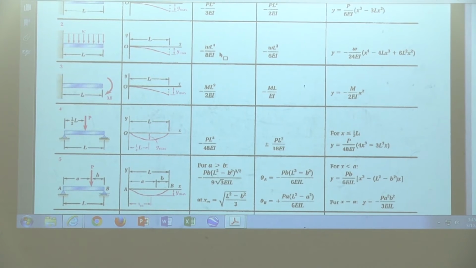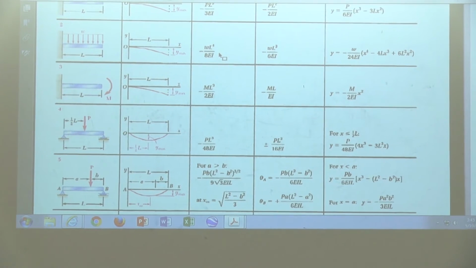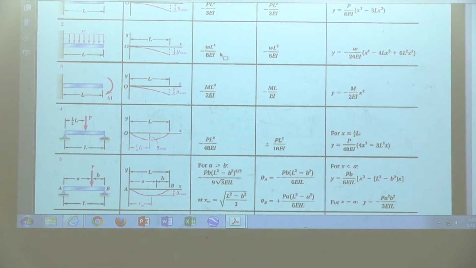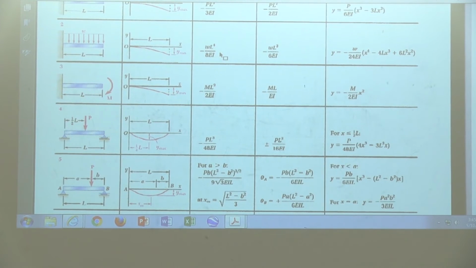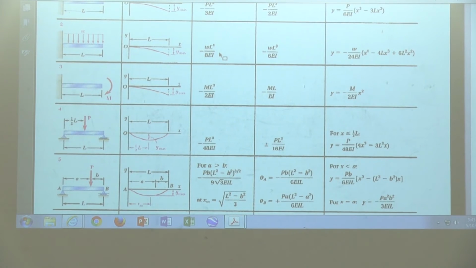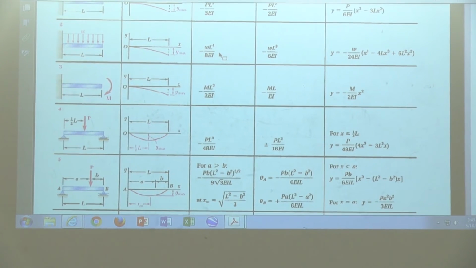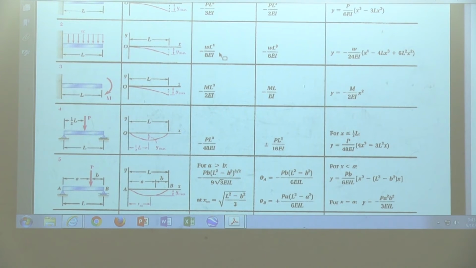Is that correct or not? Yes. Multiplied by X to the power of 3, 2 to the power of 3, minus L to the power of 2, which is 4 to the power of 2, minus B squared, 1 to the power of 2, and the whole thing multiplied by 2, and this is a bracket. Notice, people think this is positive, but it is not positive. This is a negative. I mentioned that because this quantity is larger than that one. Everybody understand? This quantity is larger than that one, so the whole thing is negative. So don't worry about it. That is this one. Is that correct or not?